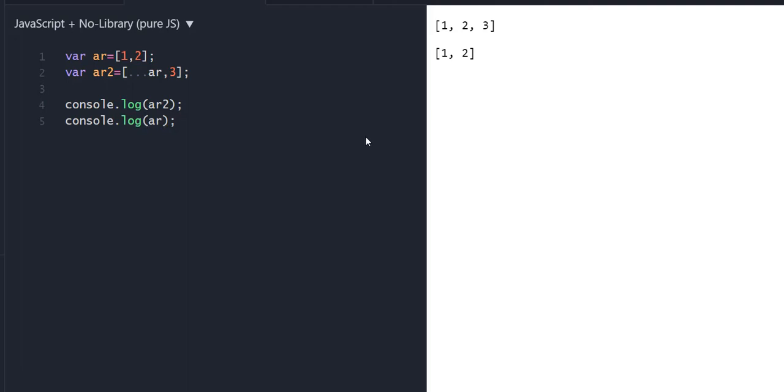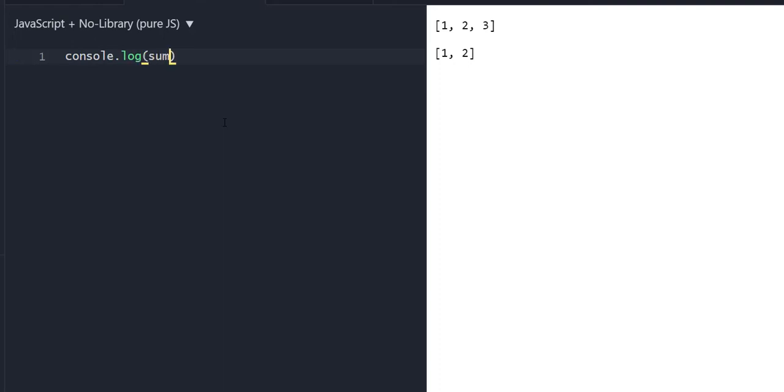We can use the spread operator for our function as well. If we have a function which takes 2, 3, or multiple arguments, and there we need to pass the arguments, we can simply use the spread operator there as well. So let me give a quick example for this. I want to print the sum. So console.log,